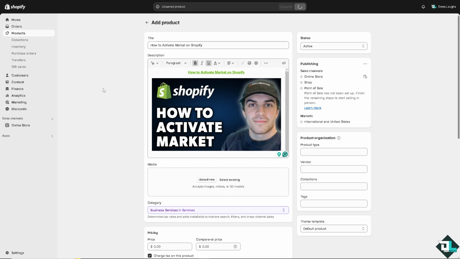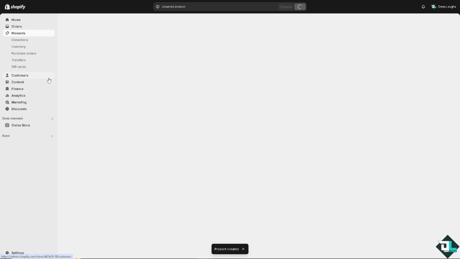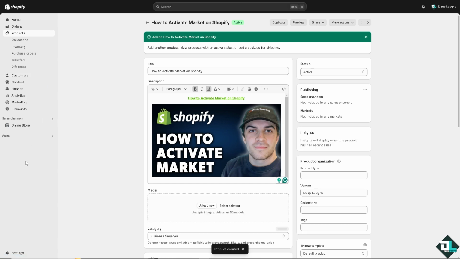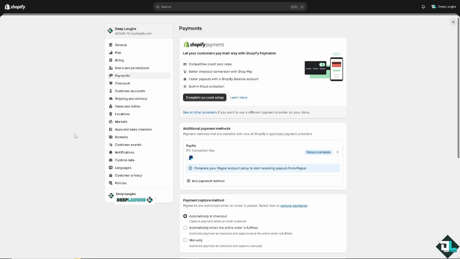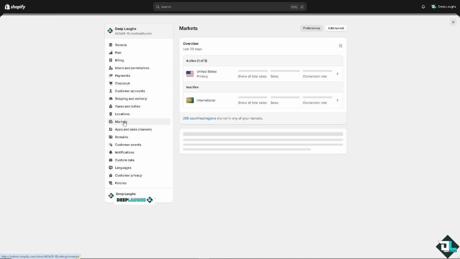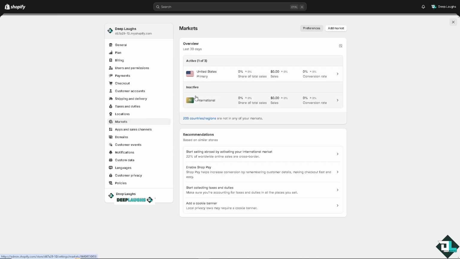Now, once you are logged into your account, I want you to hover to the bottom left corner where you can see the gear icon settings. Click that, and then all you have to do is click on the markets option on the left side panel of your dashboard. You see, you have the international market and of course the active market that you're currently associated your business with. If you wanted to add another market, you might want to click on this button right here